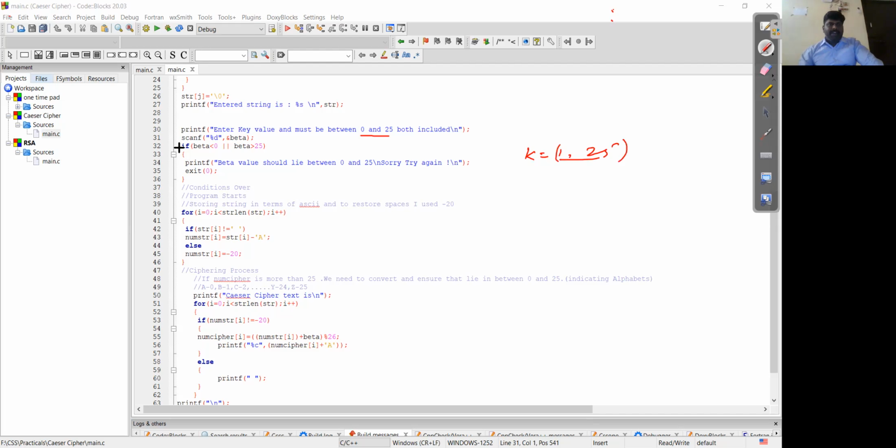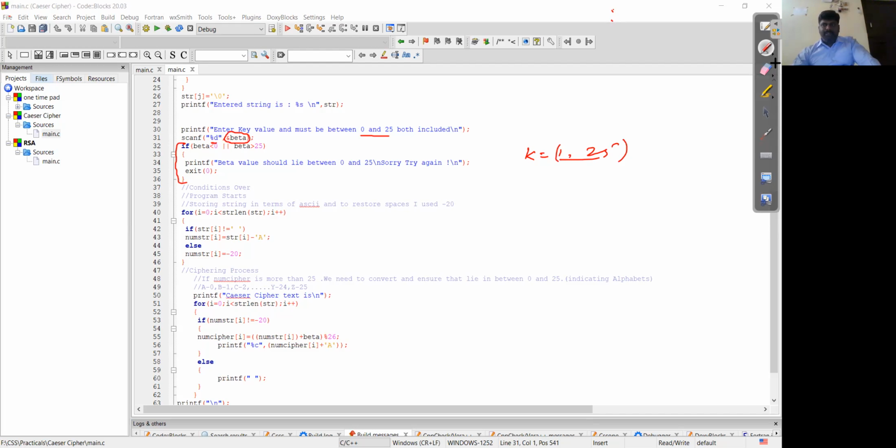Right? So I'm going to make sure that whatever value I get, I scan it off with scanf, and then the percentage d is the format for the integer value, followed by the beta value. I'm using the variable beta so that I can use the same program for the other program as well, and for easy understanding. This is an additional part. If you want, you can include it, otherwise you can skip it.